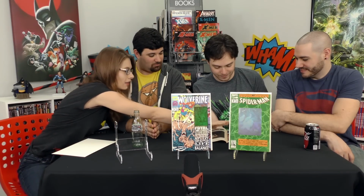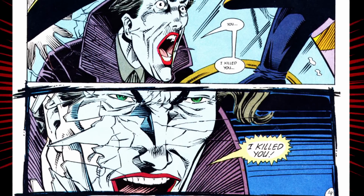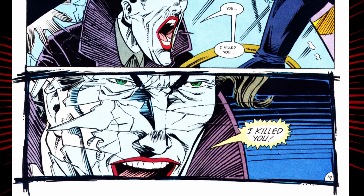Because on the next page, there's actually two phenomenal panels, and I'm like, how is this possible? Yeah, I love that panel. I thought that was really well done with the broken glass, very evocative of him losing his mind. And on the same page, two panels down, he shows someone inside a car who looks